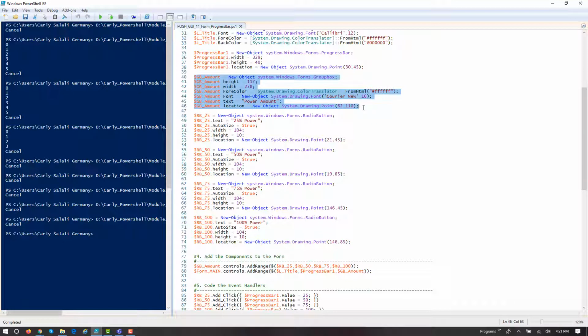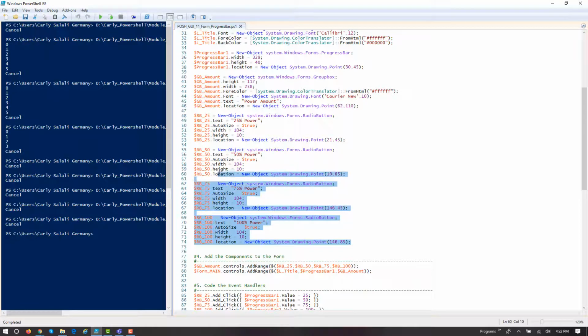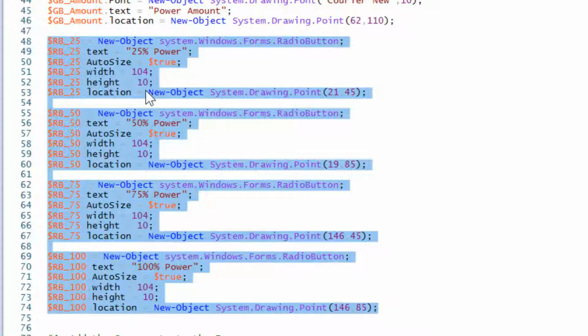We don't want to be able to simultaneously set the power level at 25% and 75%. That doesn't make sense. In this particular graphical interface, it only makes sense to allow the user to set one option at a time. So that's a perfect example of why you'd want to use a group of radio buttons inside of a group box, so that only one can be